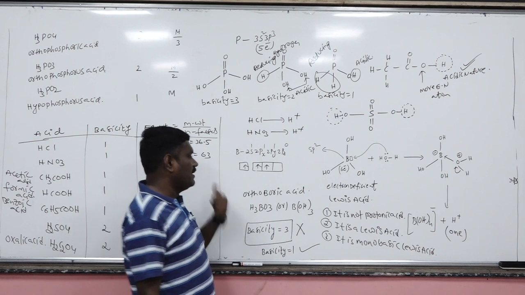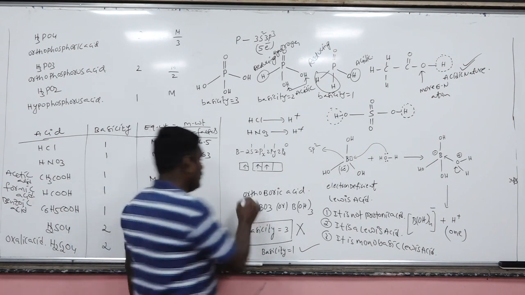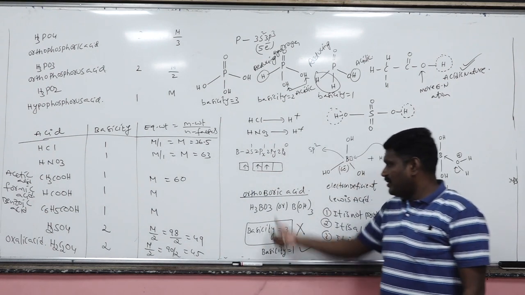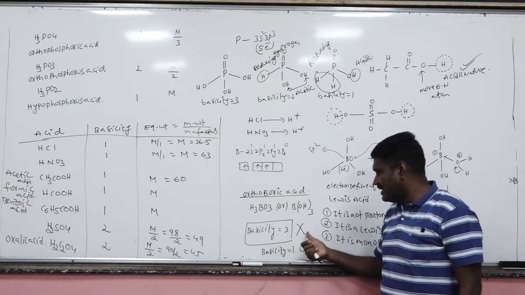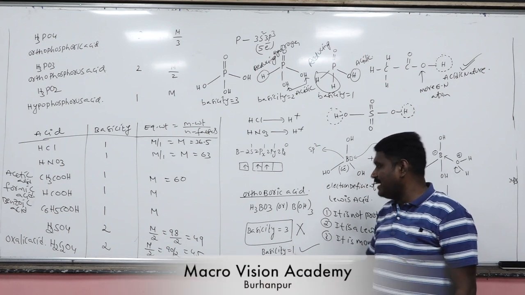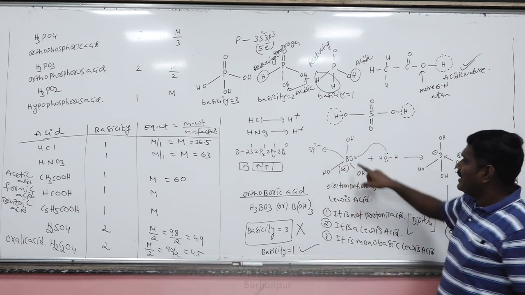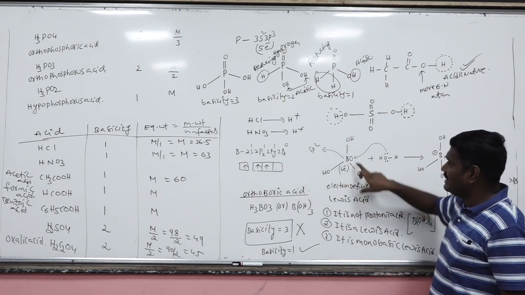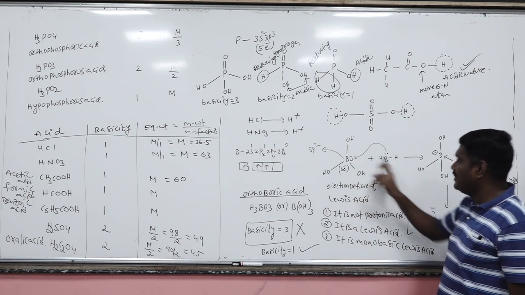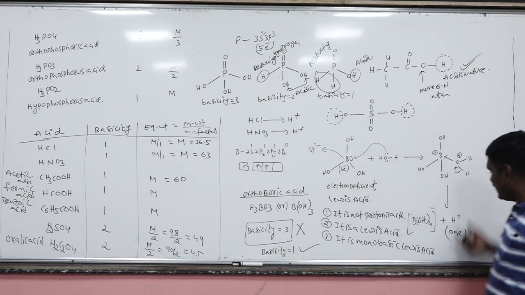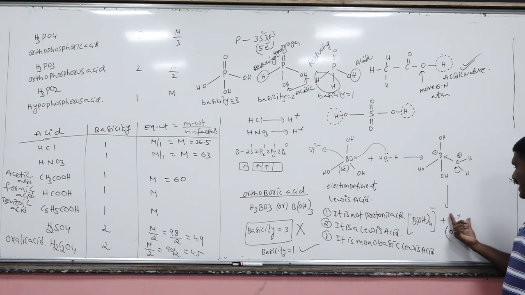Okay, this is a very important question. Once again I am telling, orthoboric acid or boric acid has the formula H3BO3. According to the formula, we would expect the basicity to be 3. This is an incorrect answer. The actual basicity of boric acid is 1. Why is the n factor of boric acid 1? Because in boric acid the central atom boron is electron deficient. It has less than 8 electrons in its valence shell, so it has a tendency to accept electrons from the water molecule. By accepting the electrons from the water molecule and giving an H plus ion into the water, that's why the H plus ion count is 1. So boric acid will give only 1 H plus ion.